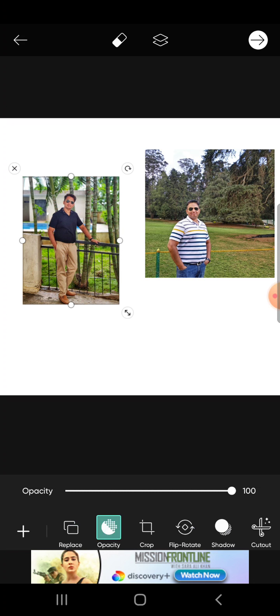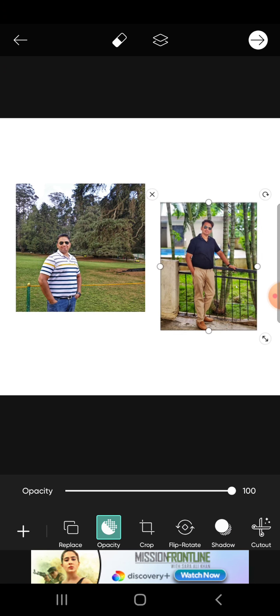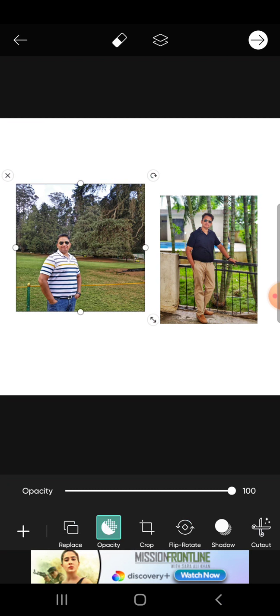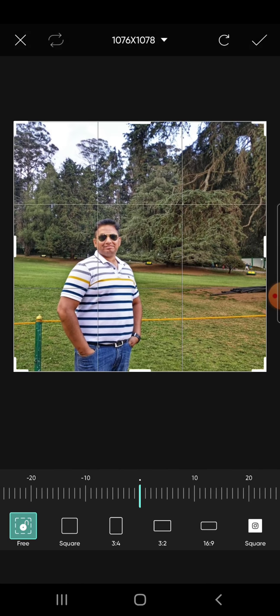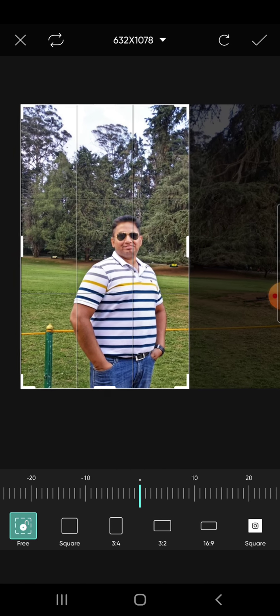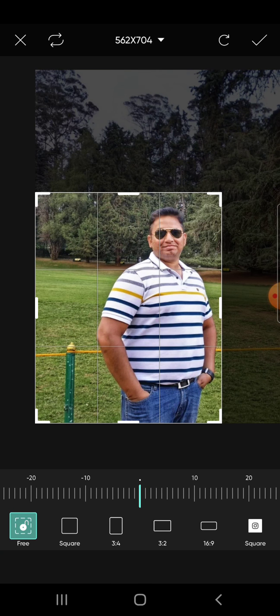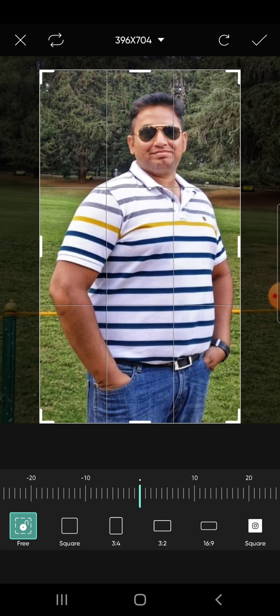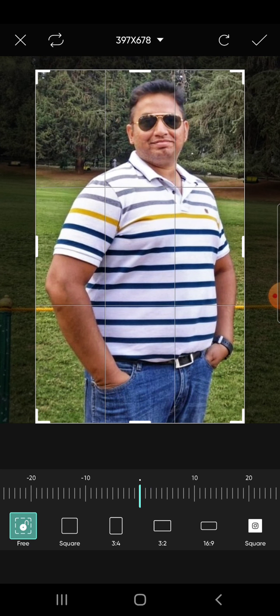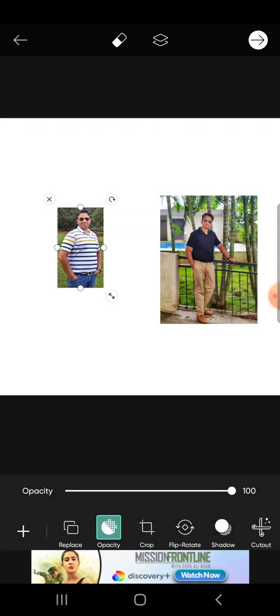So once I have a before picture and after picture, the next thing is I need to align these two pictures at the same level. That means the background or the information in the picture which is not valid or not relevant for our collage, I will crop it first. So once I crop, I use the option called crop. Once I crop it to only the required content of the image, I will say yes, this is done.